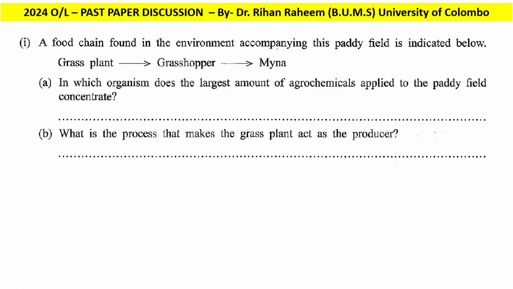A food chain found in the environment accompanying the paddy field is indicated below: grass plant, grasshopper, and the myna. In which organism does the largest amount of agrochemical applied to the paddy field concentrate? When they apply agrochemicals to the plant, grasshoppers feed on the plant and the chemicals get collected in the grasshopper. When the myna eats more and more grasshoppers day by day, the number of particles